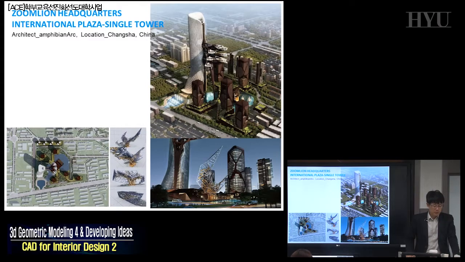Even if it's a single tower, it has some kind of attached bridge-like, very unique geometric features, as well as some skeleton structure developed on the bottom